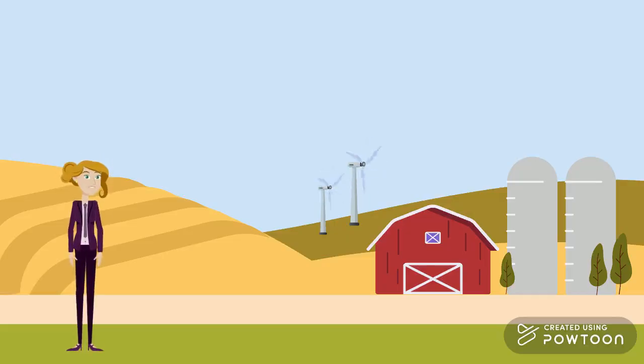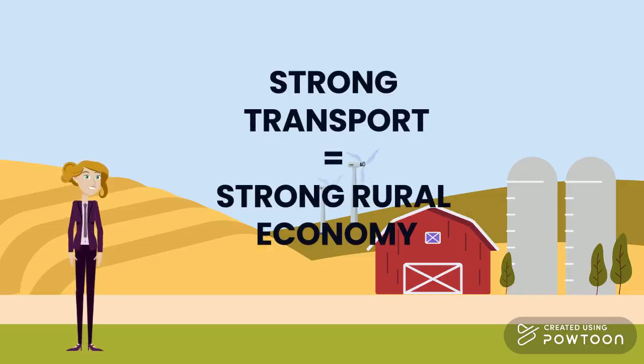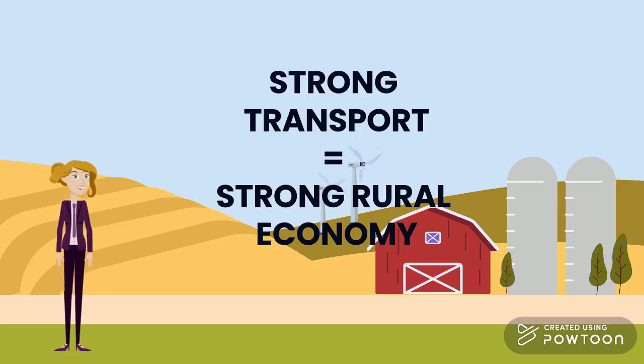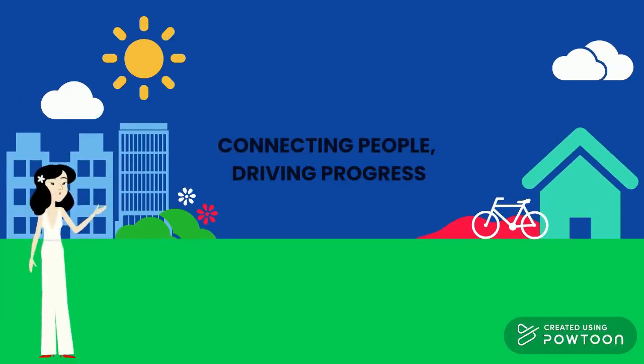Rural transport plays a vital role in economic development. Improved transport infrastructure reduces isolation, lowers costs, and supports inclusive and sustainable rural growth. At its heart, rural transport is about more than just roads and vehicles. It's about human potential. When we bridge the gap between isolation and opportunity, we don't just move people, we move entire economies forward. Let's build the pathways to a more inclusive and sustainable future.